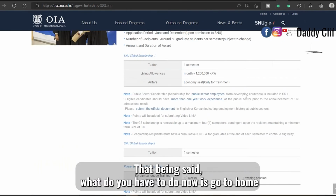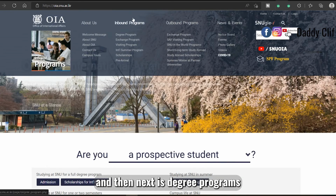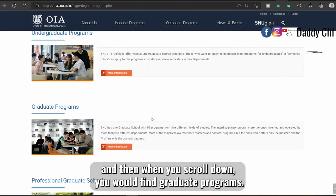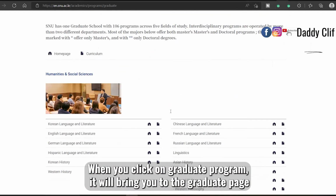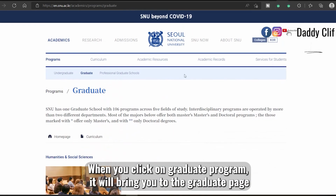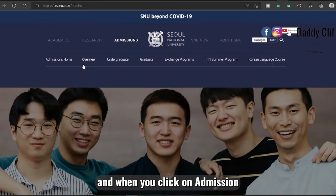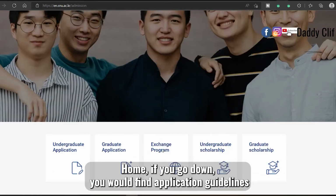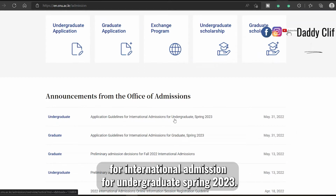That being said, what you have to do now is go to home, and then next is degree programs, and when you scroll down you would find graduate program. When you click on graduate program, it will bring you to the graduate page, and then you would have to look for admission home. And when you click on admission home, if you go down, you would find application guideline for international admission for